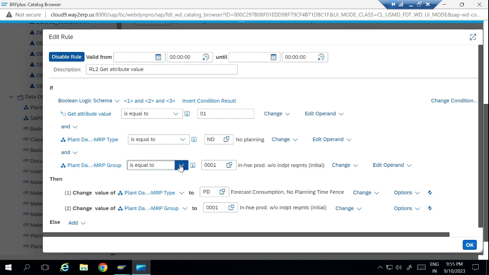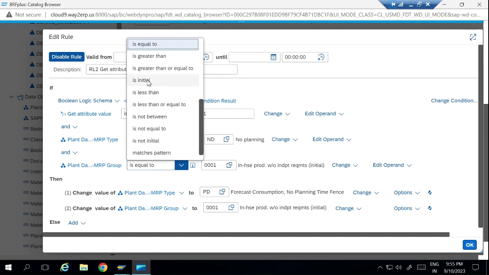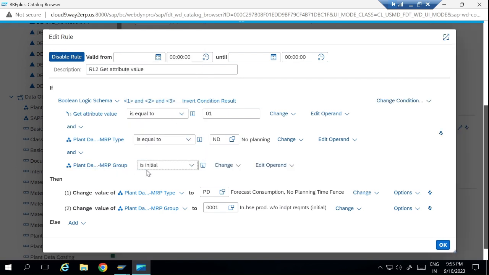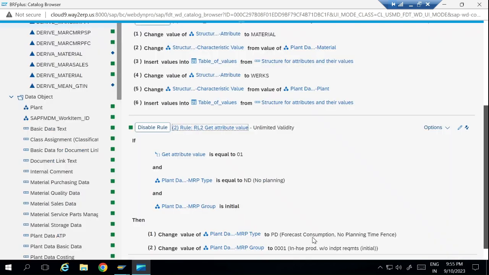So here let me change this statement. If I say is initial, so let's say MRP group do not have any value, it is ND and this is 01, then the then statement will be changed to 01. So once this statement is written, then we'll go to OK,